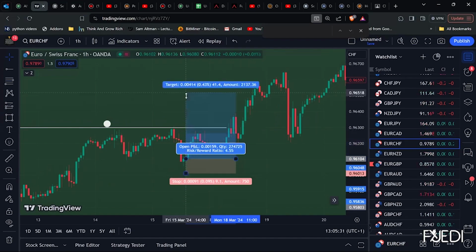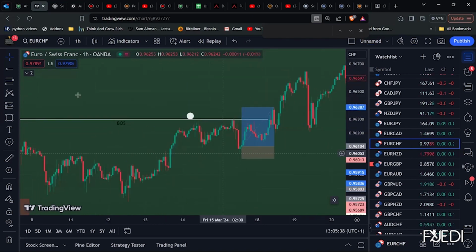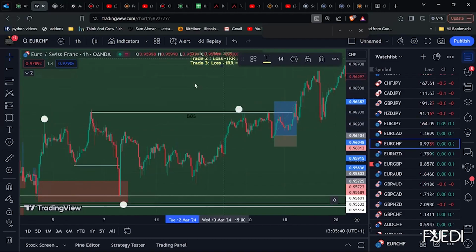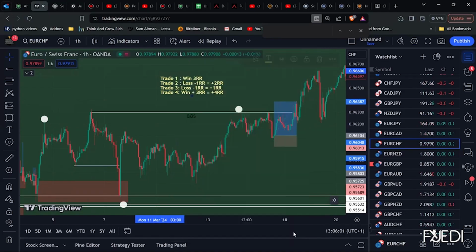And we will go after 1:3. In this particular instance, you can see price went even 1:5, but just to keep it simple, we go after 1:3. So our fourth trade in this case, this will be trade 4, is a win, and that is plus 3, which equals plus 4. So we've taken 2 trades, lost 2, and we are up 4% on our account just